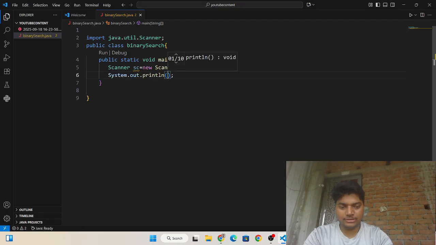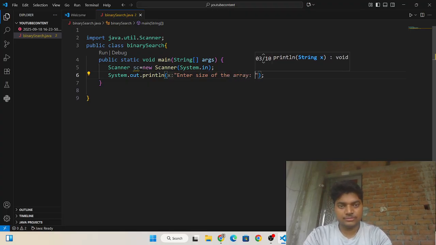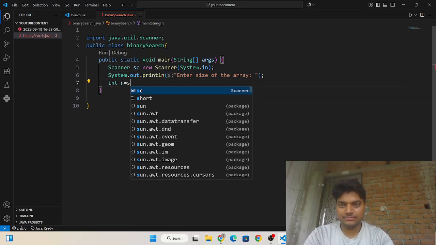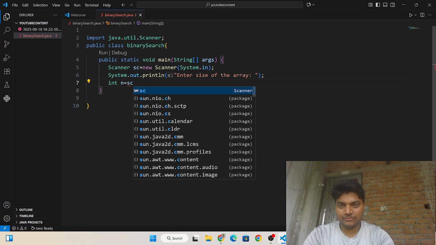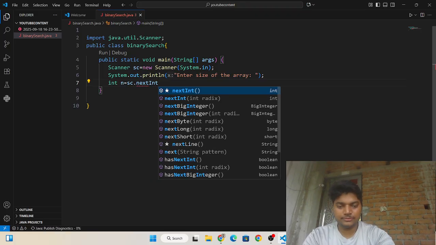To take the size, I need to write here "Enter size of the array". I'm going to take size using variable n, sc dot nextInt.